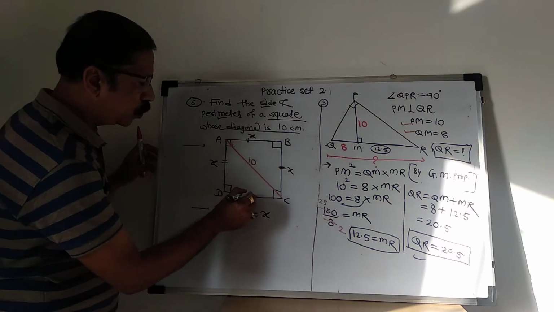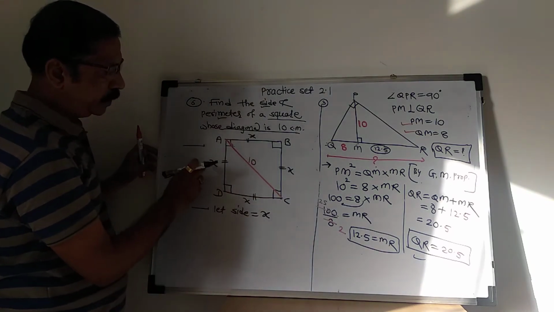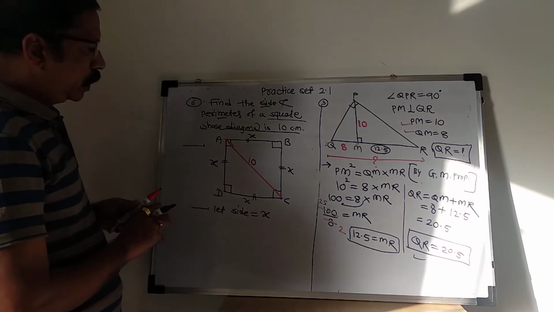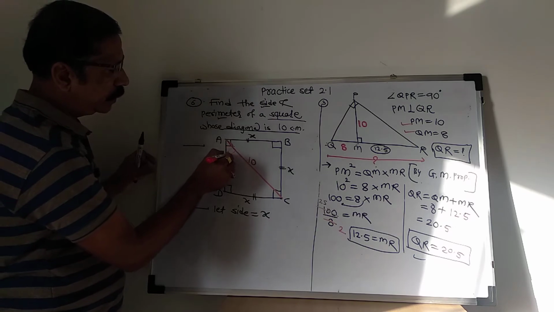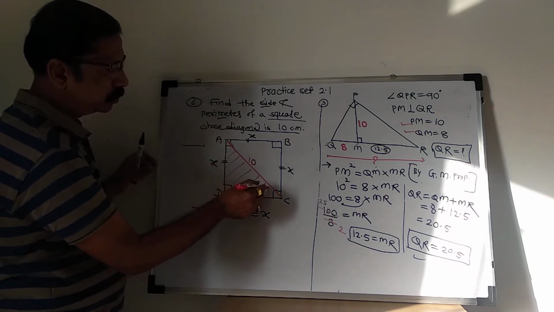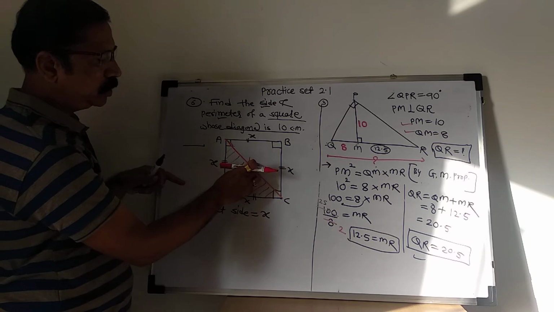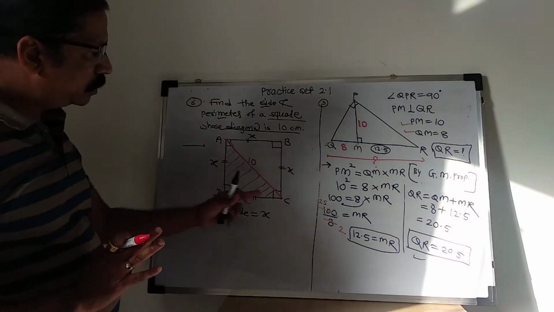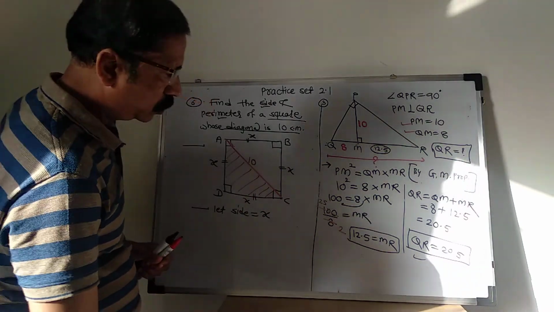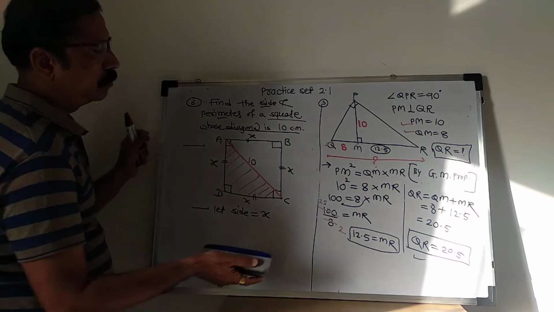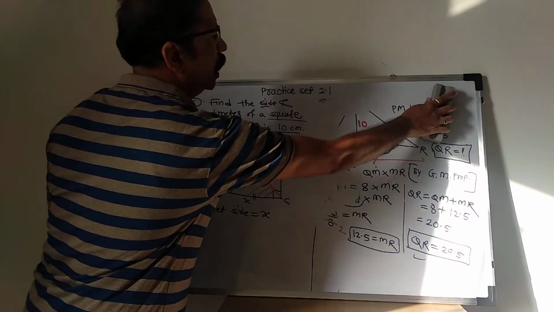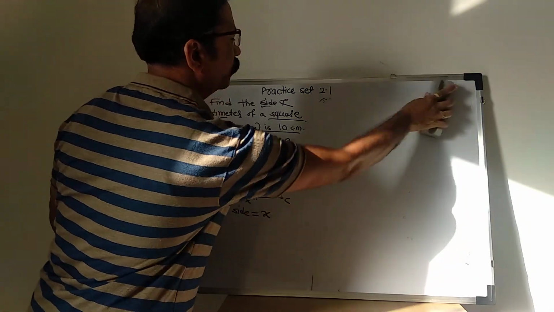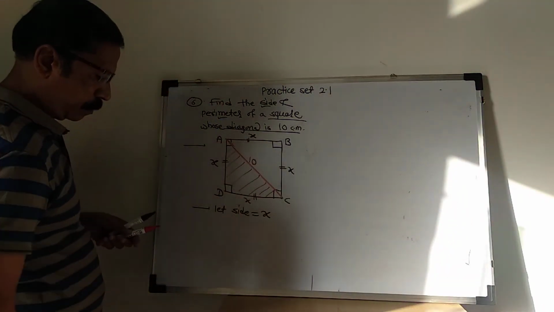Just focus on the length of the side. You have to find the value of x. We assume that the side is equal to x. So what you can do? Select any one right angle triangle. Two sides are known, third side is 10. Apply Pythagoras theorem. Triangle ABC is a right angle triangle, so definitely you can apply Pythagoras theorem to get the length of the side.